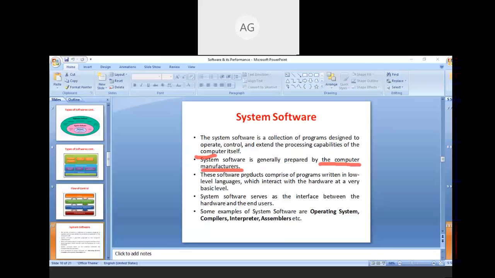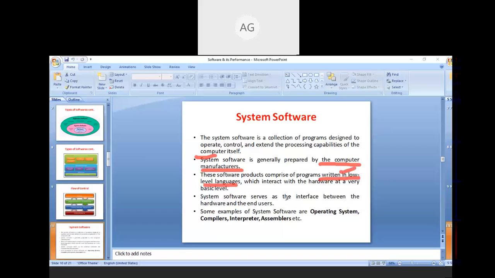So these software products comprise programs written in low level languages which interact with the hardware at a very basic level. As we already saw from the diagram, system software is much closer to the hardware than application software. So these are written in low level languages like machine languages or assembly languages, which are much closer to the hardware.